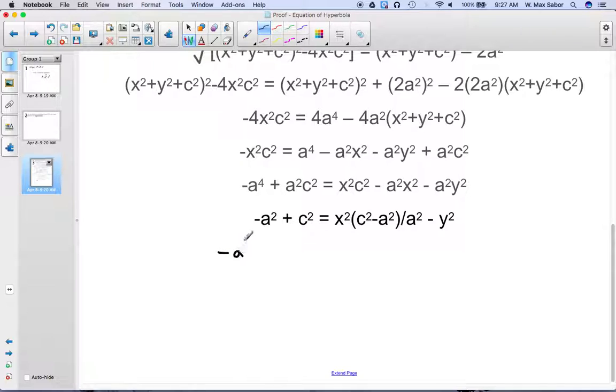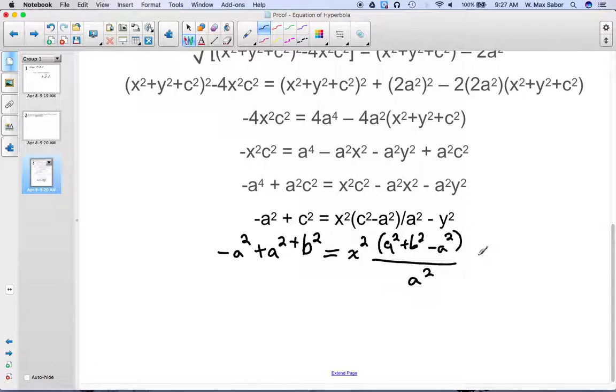So negative a squared plus, this is going to be a squared plus b squared, x squared times a squared plus b squared minus a squared, and minus y squared. Now the a squareds here are going to cancel, the a squareds there are going to cancel, and we're left with b squared